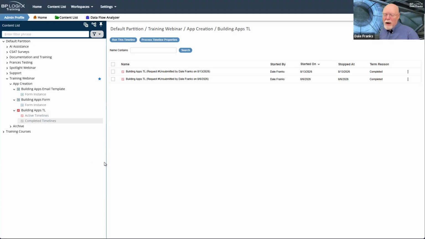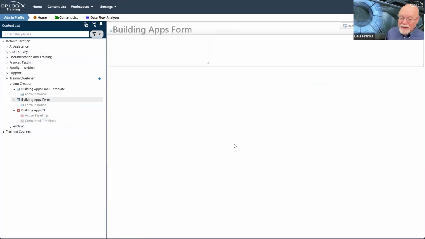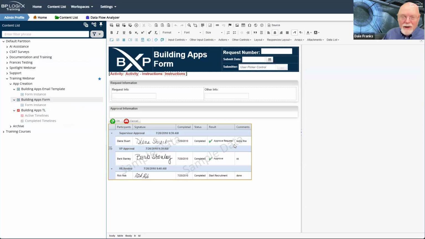So just keep in mind that at some point, when you finish the initial testing that you do during the development process, you're going to need to go back and get rid of those forms. But we are going to be making other instances as we go along because we're going to want to be testing our timeline as well. So we are going to have to wait to delete those items, and we'll delete them all in one fell swoop whenever we finish the development of our application and we know that it all works.